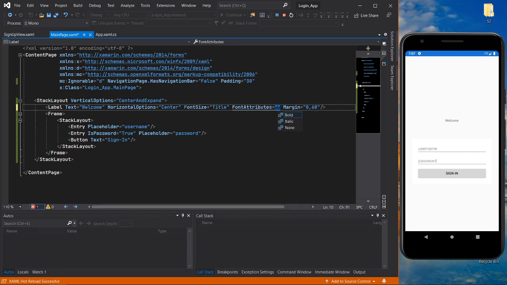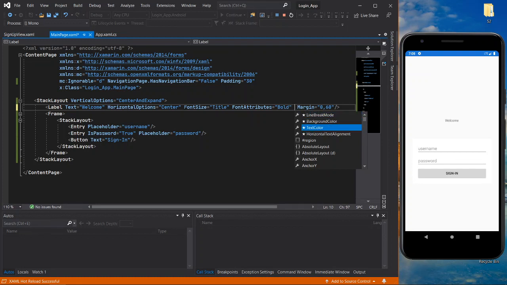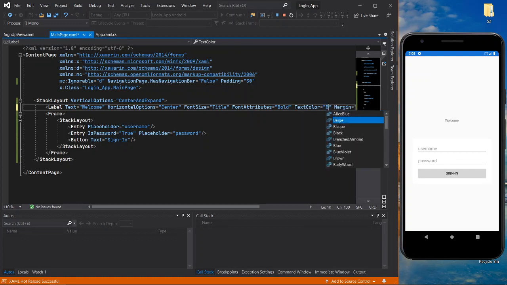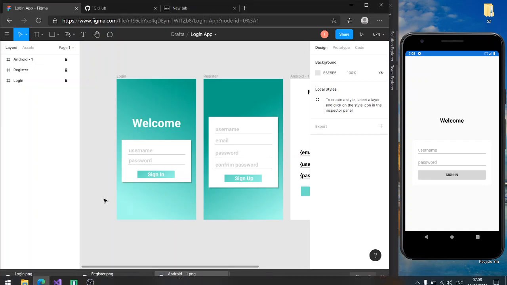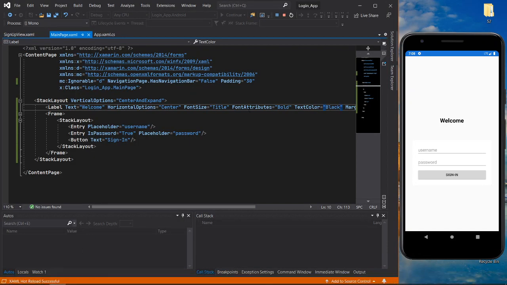So the font attributes bold, line break mode. What's line break mode? I got it. Text color black, I guess. Yeah, that's pretty acceptable for me at least. Okay, so this is very huge. Okay, so what I have to do is change this to 48 or something. And there we go. It's huge. Okay, now for the